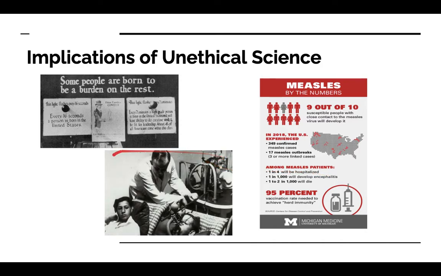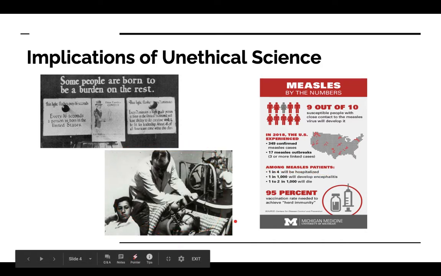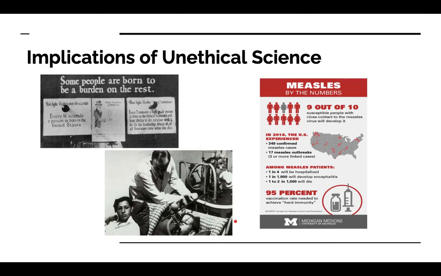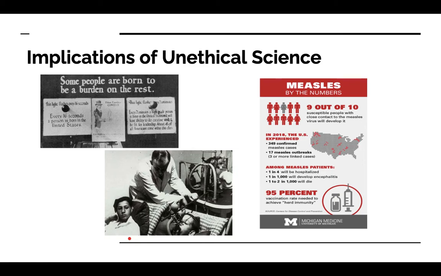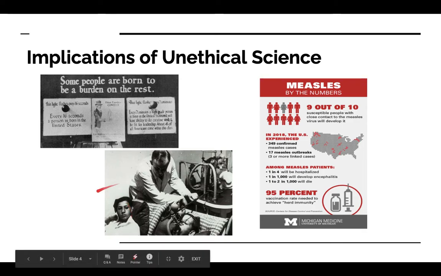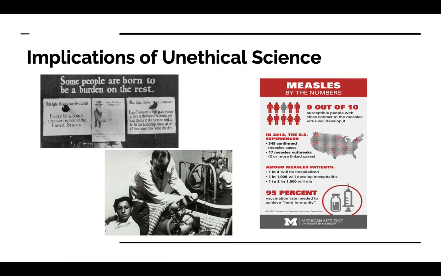And then lastly, we look at experimentation. The most famous example, and there are some examples such as the Tuskegee incident that some of y'all will look at in our research activities for this lesson. But the most famous incident that comes to mind when we think of dangerous experimentation is Nazi human experimentation back in the 1930s, 1940s during the Nazi regime in Germany. They would take people in the concentration camps and conduct unethical and extremely dangerous experiments on them without their consent or without informing these people of the risk of the experiments they're participating in.